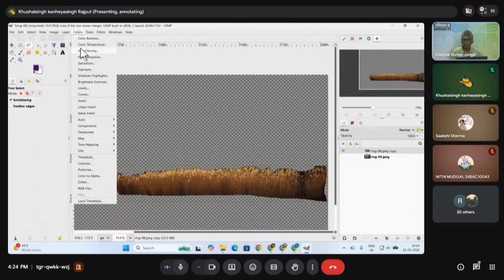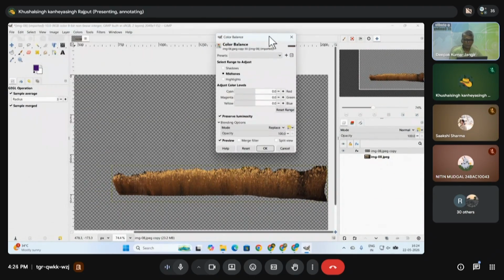So now go to the color balance. Here also you see select the range to adjust. Now I am selecting midtone, and in the midtone I want to add green color, or I want to make it greenish. So green means I have to adjust the yellow. So see here,